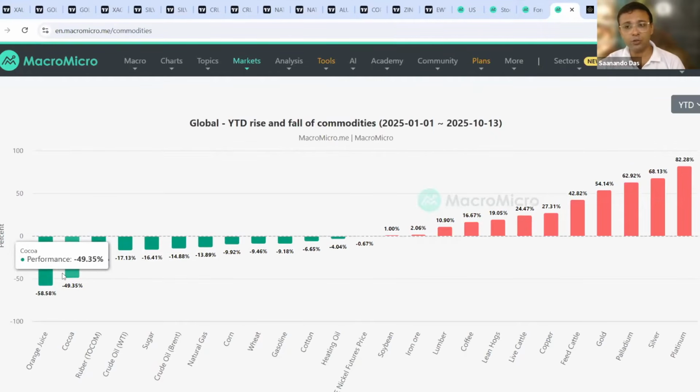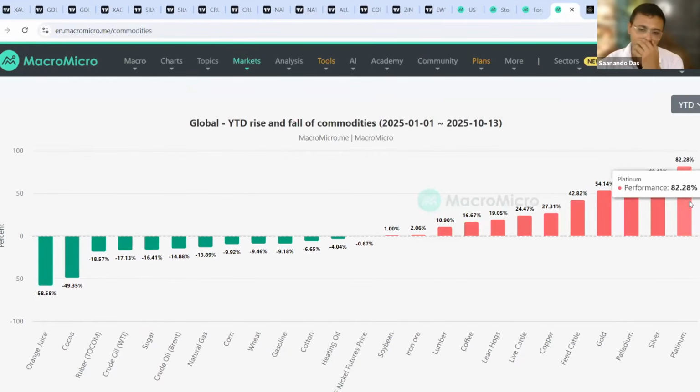This is positive news for chocolate companies, that the chocolate's main ingredient, cocoa, price has fallen by almost 50%. So this year has been the year of the metals, especially the precious metals. In precious metals, mainly we take three, that is platinum, gold, silver, and sometimes palladium is included. So all these four are the top performers. So best this year has been investing in the precious metal pack and, on the stock side, the South Korean index.